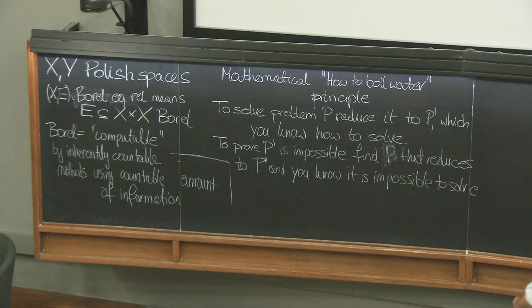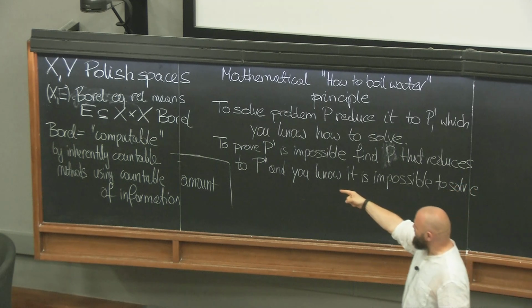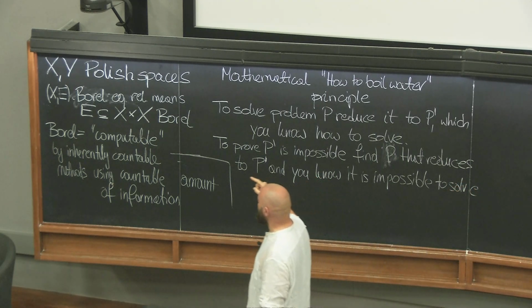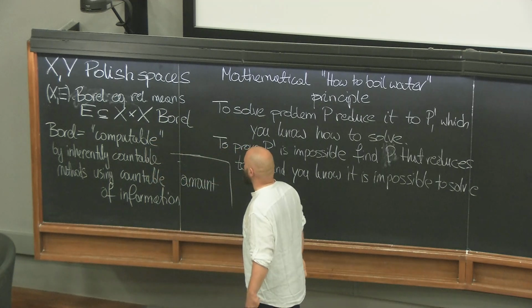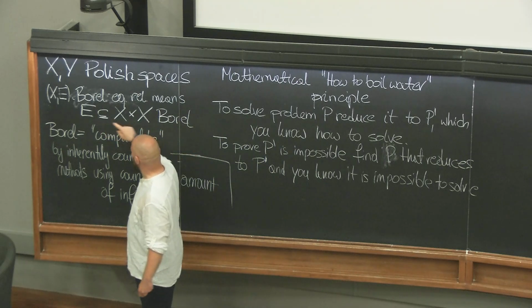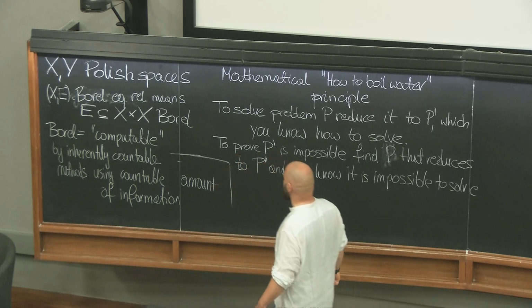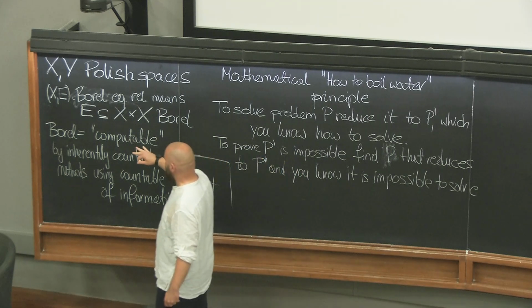So, okay. You see, we didn't manage to do much, because this is a summary of the last lecture. So we work with Polish spaces, and we consider equivalence relations on them. An equivalence relation is Borel if, as a subset of the Cartesian product, it is a Borel subset. And we use,